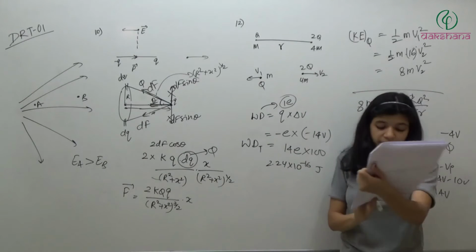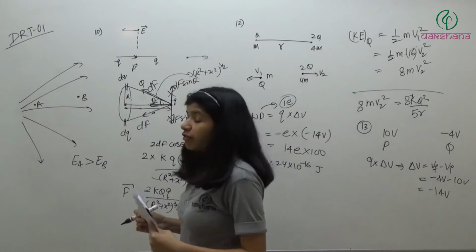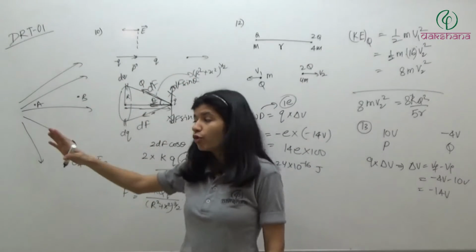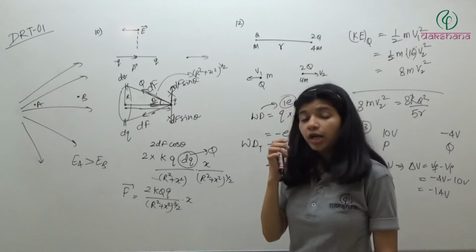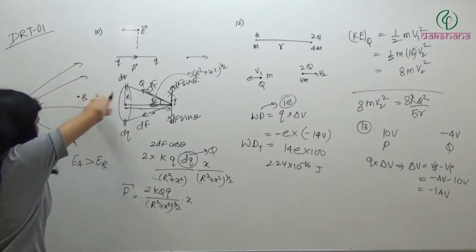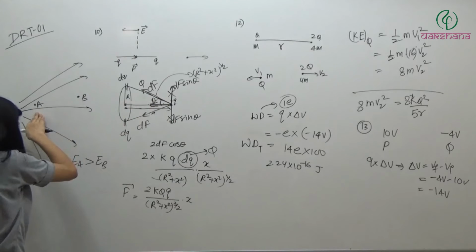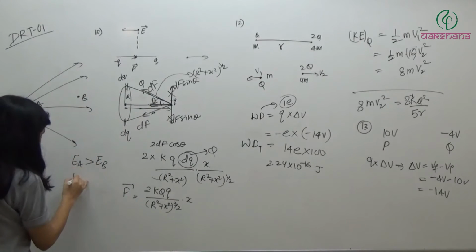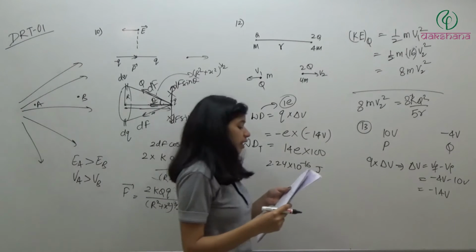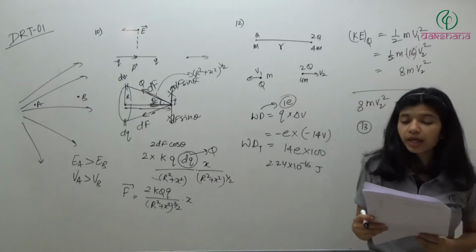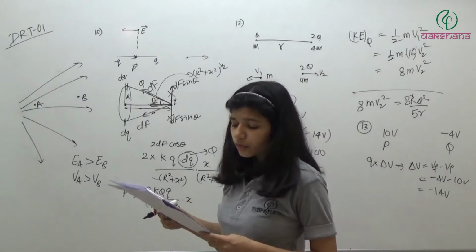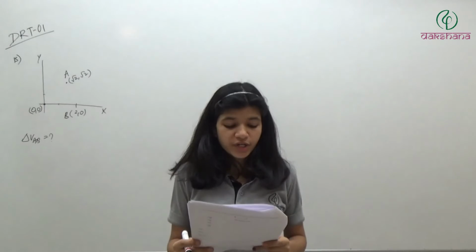Now when we talk about potential, when we move in the direction of electric field, you have read this also, when we move in the direction of electric field, potential decreases. It means when you are moving from A to B, potential will decrease. So potential at A will be greater than potential at B. So answer will be third option, EA greater than EB, VA greater than VB. This is also a very simple problem. Next we will see question number 15.